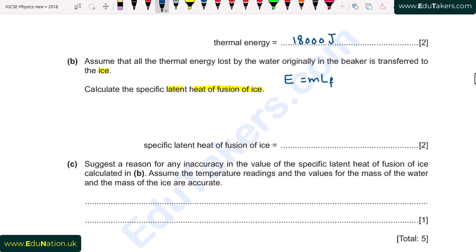So L_F is equal to E over m, and in Part B, we assume that all the energy that is lost by the water is transferred to the ice. It means that the energy of the ice will be equal to the thermal energy that is lost by the water. So I write here